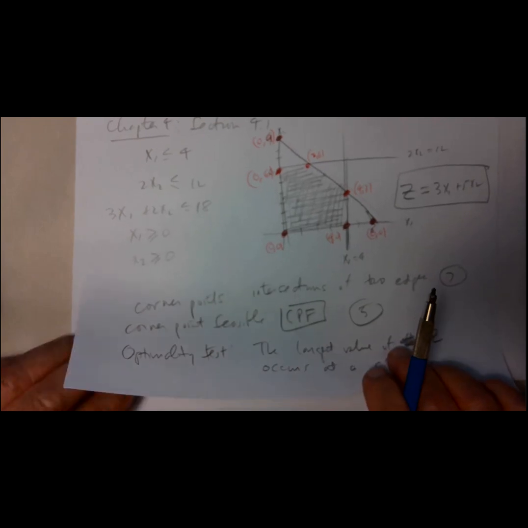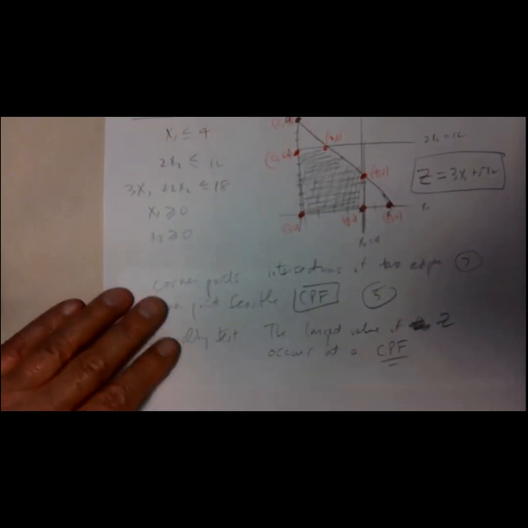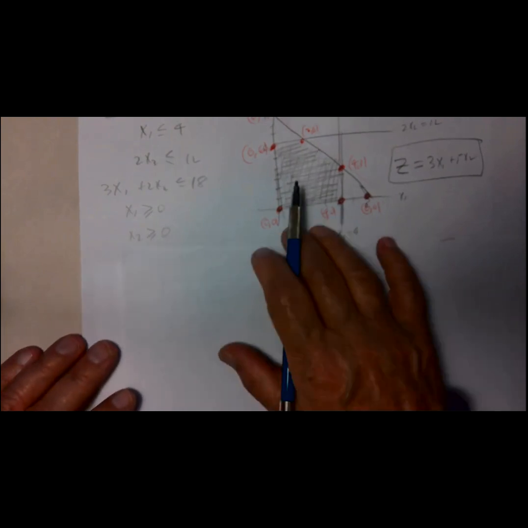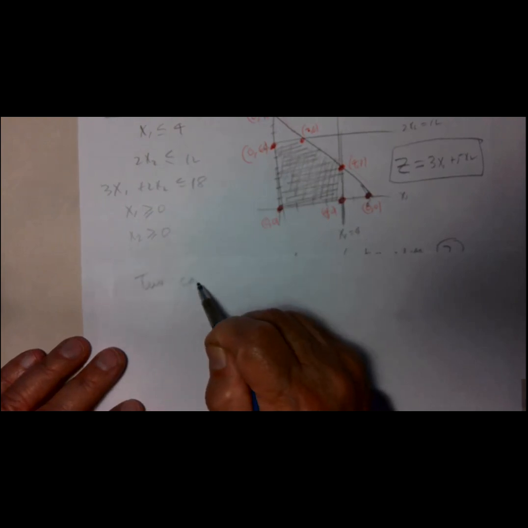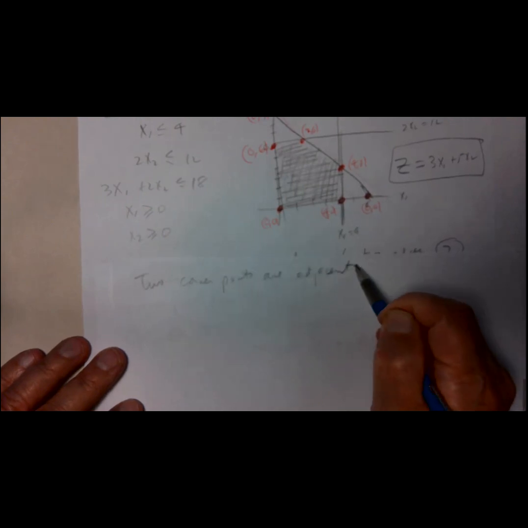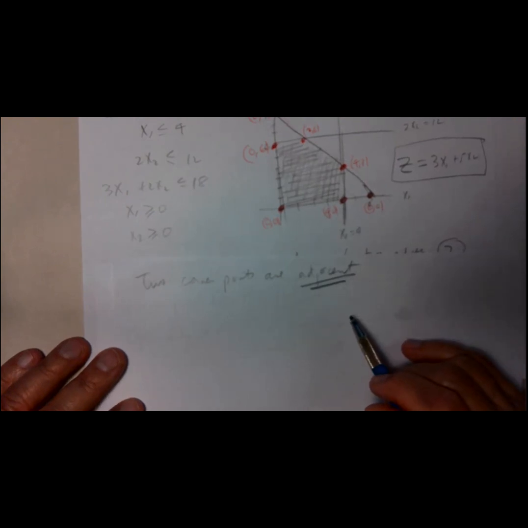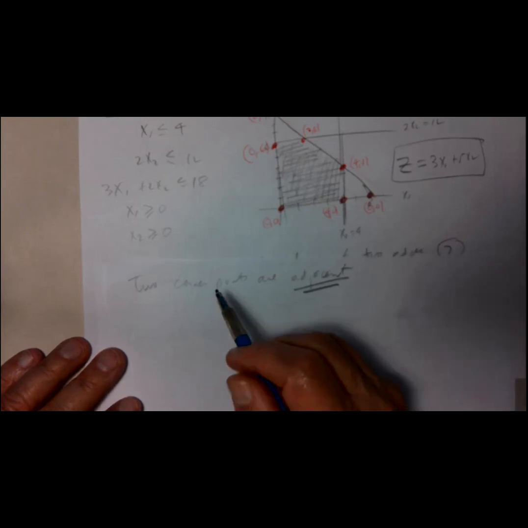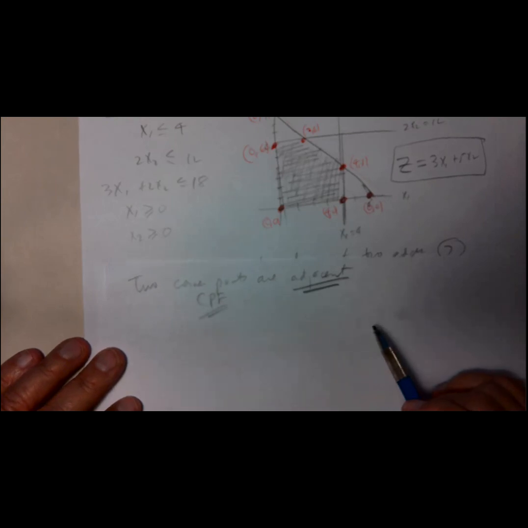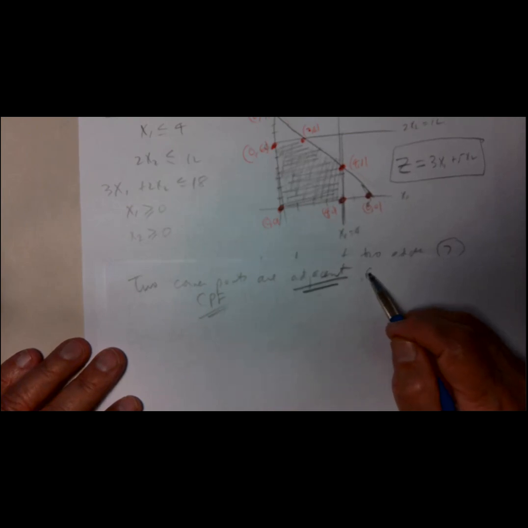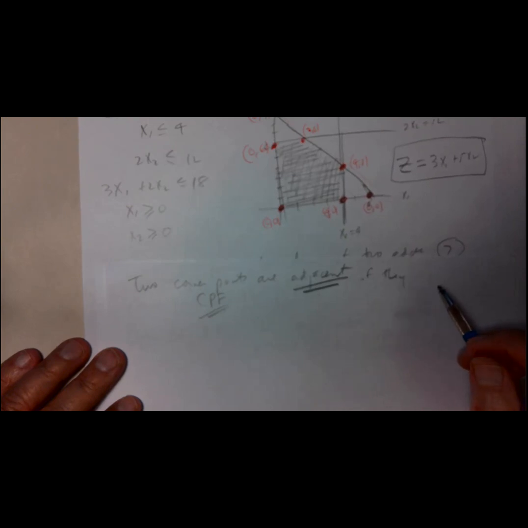So let me just define what are adjacent solutions. Two corner points are adjacent if they lie on the same line, or CPF. I'm only interested in the feasible corner points. Two feasible corner points, two CPFs, are adjacent if they lie